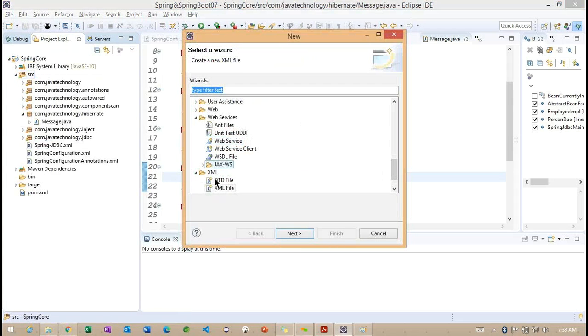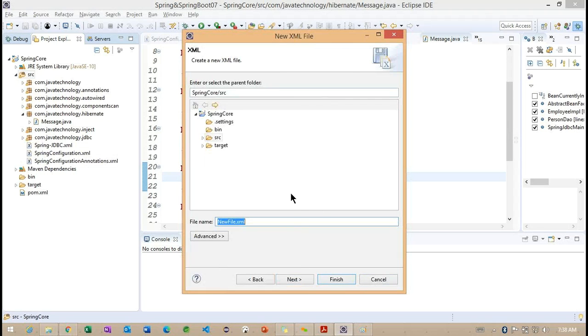Let me go for the XML. So what I want to specify here, message, the name of this particular mapping file.